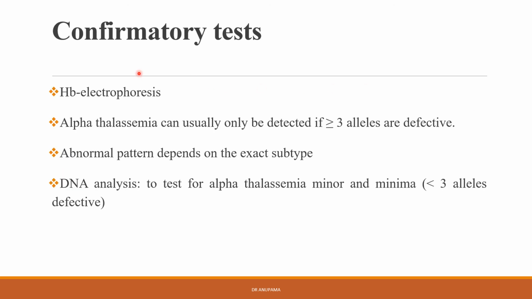And confirmatory tests: hemoglobin electrophoresis. Alpha thalassemia can usually be detected if more than 1 in 3 alleles are defective, and abnormal patterns depend on the exact subtype. DNA analysis is done to test for alpha thalassemia minor and minima also, if fewer than 3 alleles are